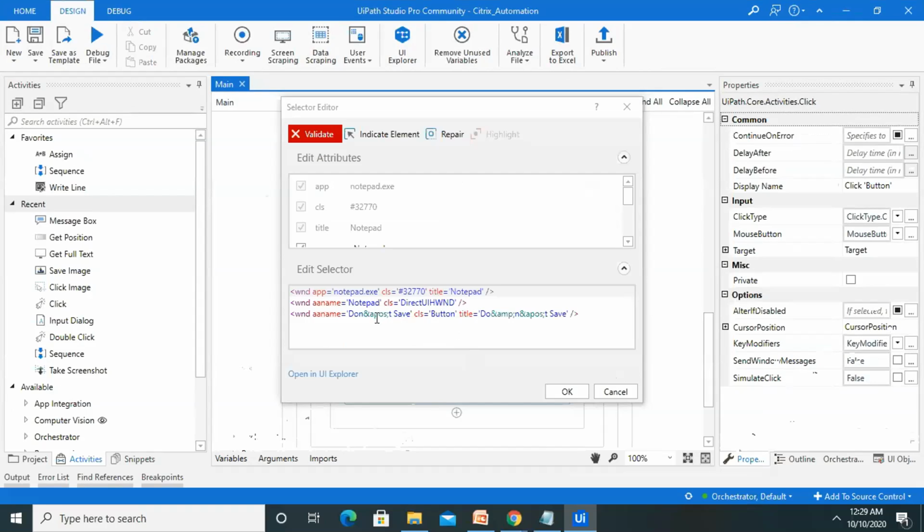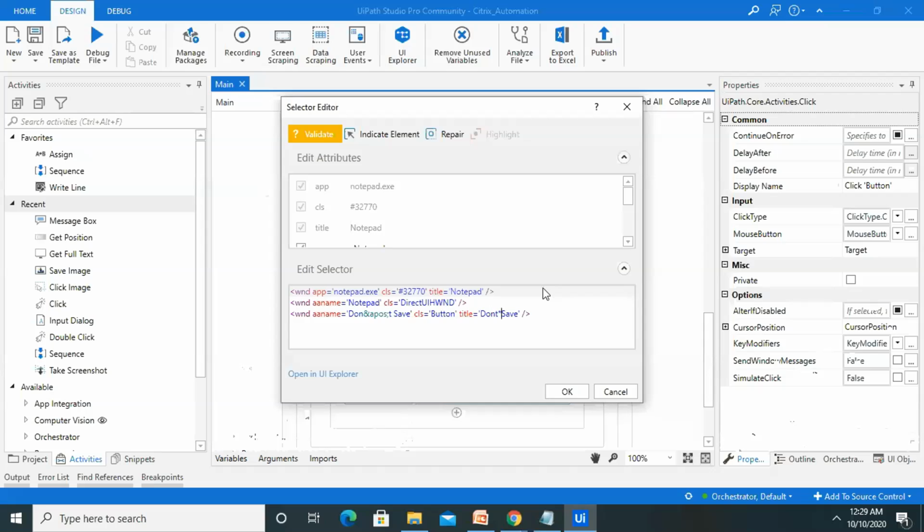So when we are clicking on the close button, we can enter here the text for don't save, whatever text is available, just write it here